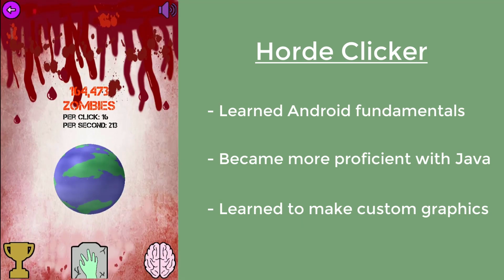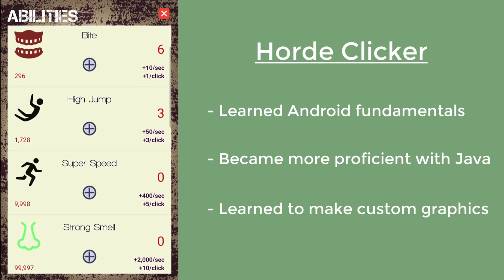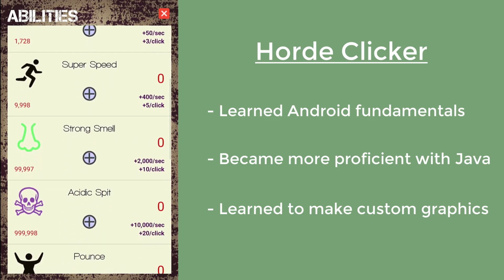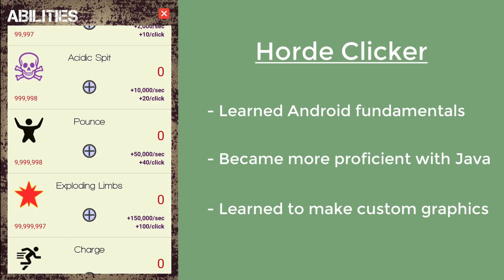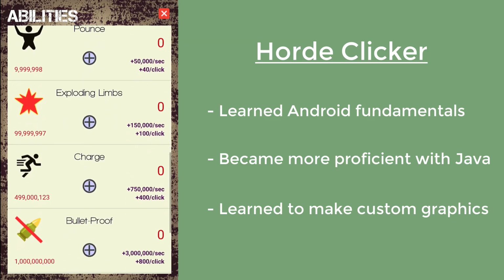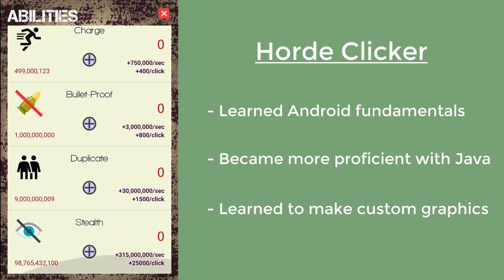And so the middle button, the hand with the grave, this is where you can have various upgrades. So pretty much you're giving new abilities to your zombies. You can give them extra claws, more bite power, higher jumps, super speeds, stronger smell, acidic spit, pounce. I got that from Left 4 Dead. Exploding limbs, charge, also from Left 4 Dead, bulletproof, you can duplicate the zombies,